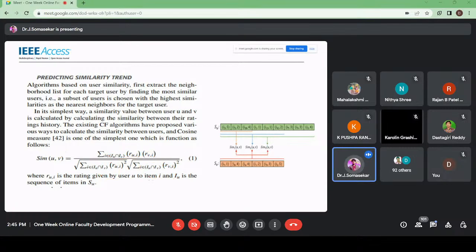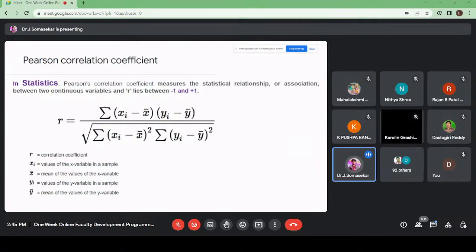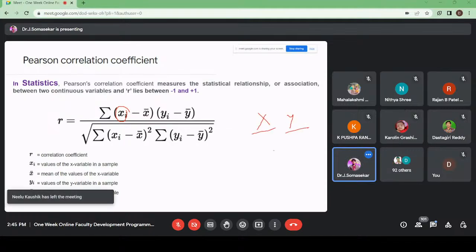So these things I'll explain now. This is the basic formula. So here we have xi, x bar. Let us assume what it means here. Xi is nothing but values of the variable x in general, like in statistics, x and y. So here x1, x2, and so on up to xn, and y1, y2, and so on up to yn. So x bar means the mean value of the variable x, y bar means the mean value of the variable y, and